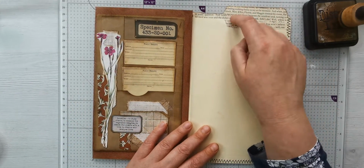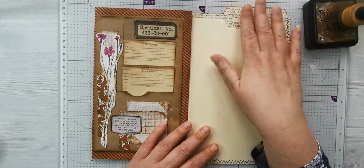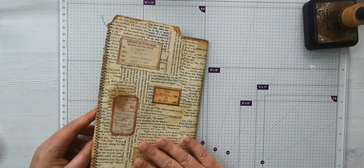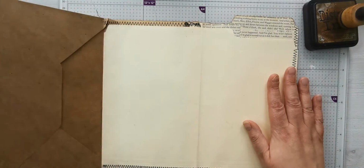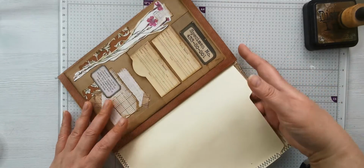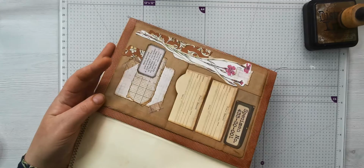I did think after, I am gonna have to go back and put matte medium on there, but I'll have to do that when the cover's totally dry after I've finished. So there'll be all this to cover and to fill. Like I say, I have left that, but I'm thinking it's gonna have to be